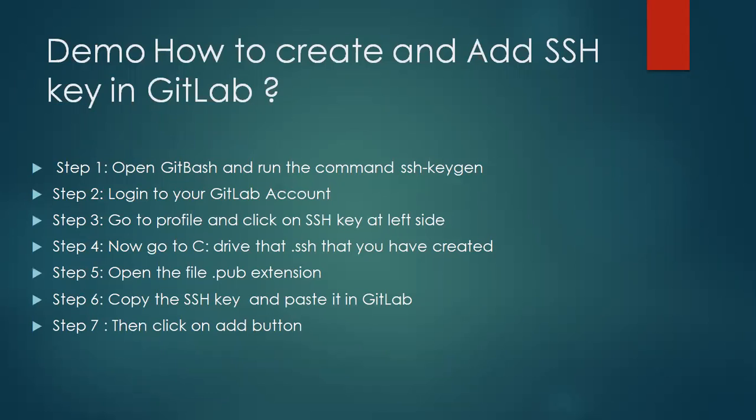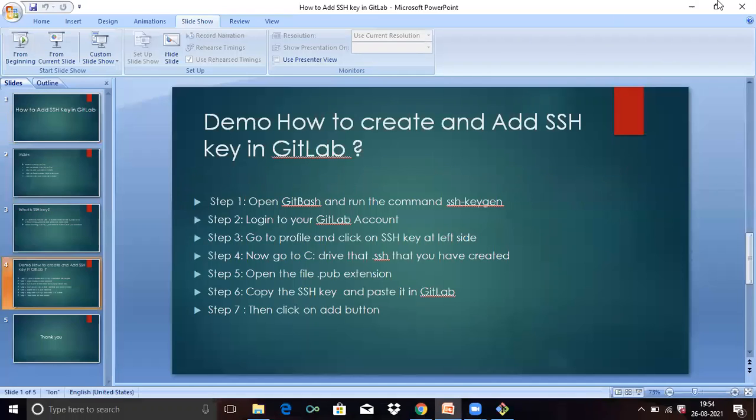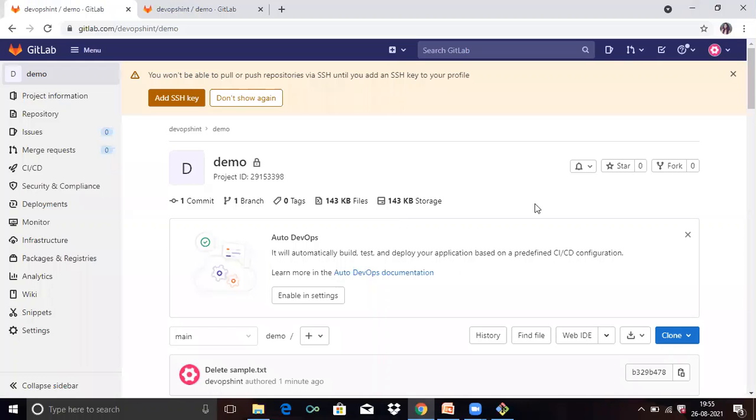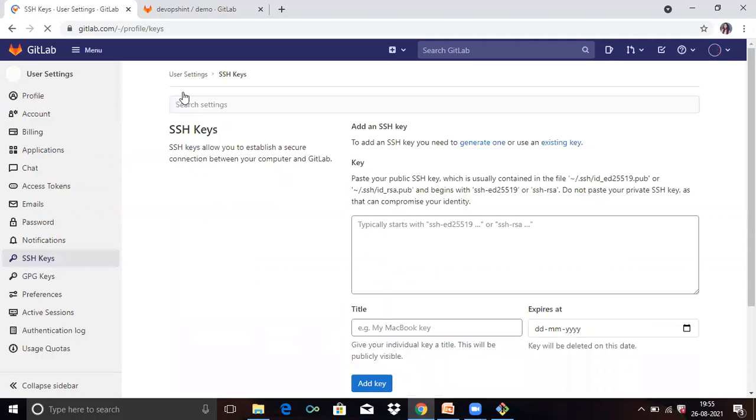So here you can see the steps. Firstly, go to the GitLab account. You can see here my GitLab account, and in my machine Git is already installed. So now I'm creating SSH key. Firstly click on add SSH key, and in my previous video I have explained how to create a repository or project.